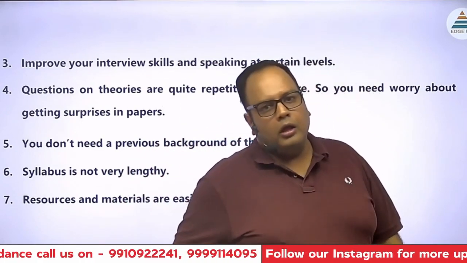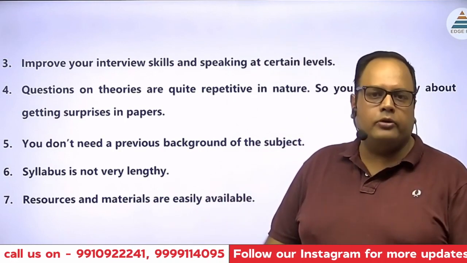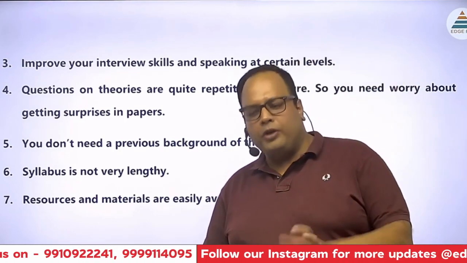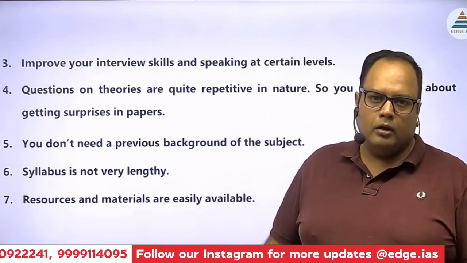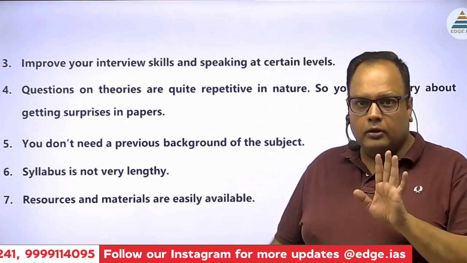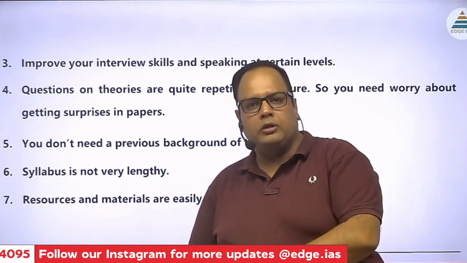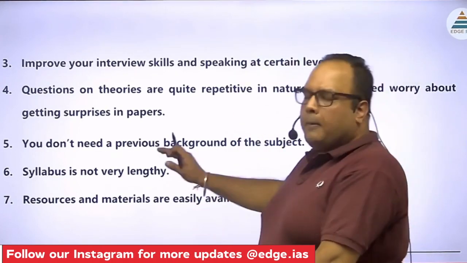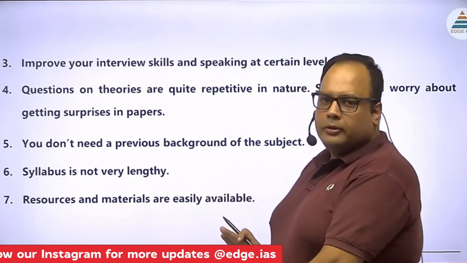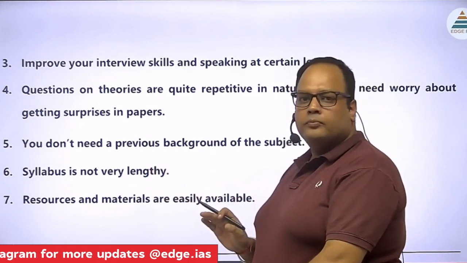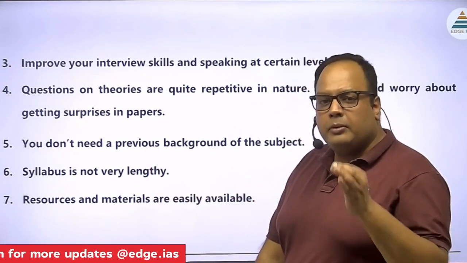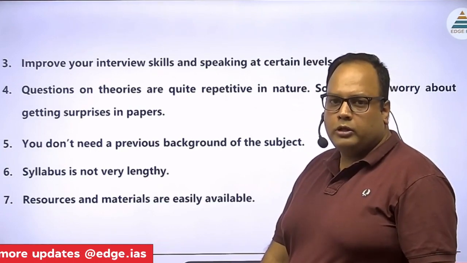And if I look from the syllabus perspective, in the first paper we have 10 units. In the second paper also, with respect to subtopics, there will be 11 topics. So overall, as compared to other optional subjects like history, mathematics, pol science, sociology has comparatively a very small syllabus. Right? And the rate of success is very high. The resources and material are very easily available in the market with respect to sociology.